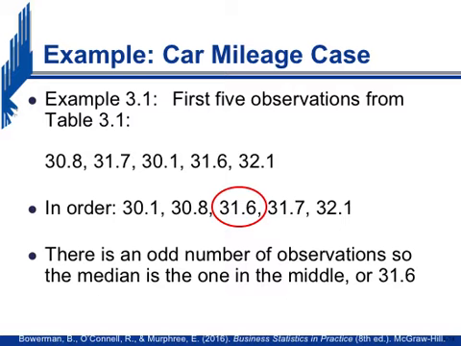So the median of this data set is 31. Now, if, for example, there are 6 numbers, so let's say we add another number, which is 33.3, then you'll have another number here that's the biggest in the data set, and now the median will be different. Since you now have 6 numbers, the median will be the average of the two middlemost. So the median will now be the average of 31.6 and 31.7, or